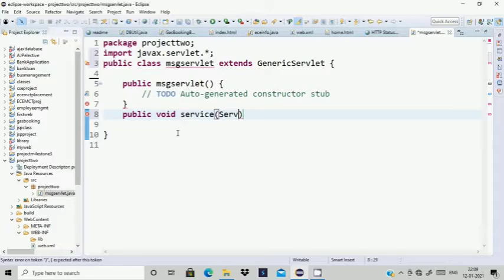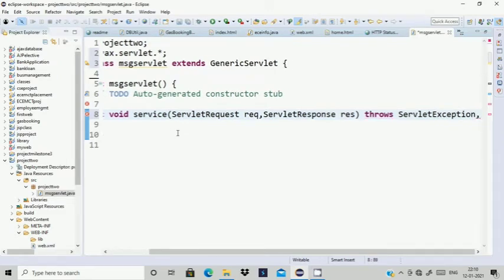So I create a ServletRequest reference object, say for example req for request, and ServletResponse res. But by default, whenever you want to run a servlet, it has to handle some exceptions, and that exception is called ServletException. So throws ServletException,